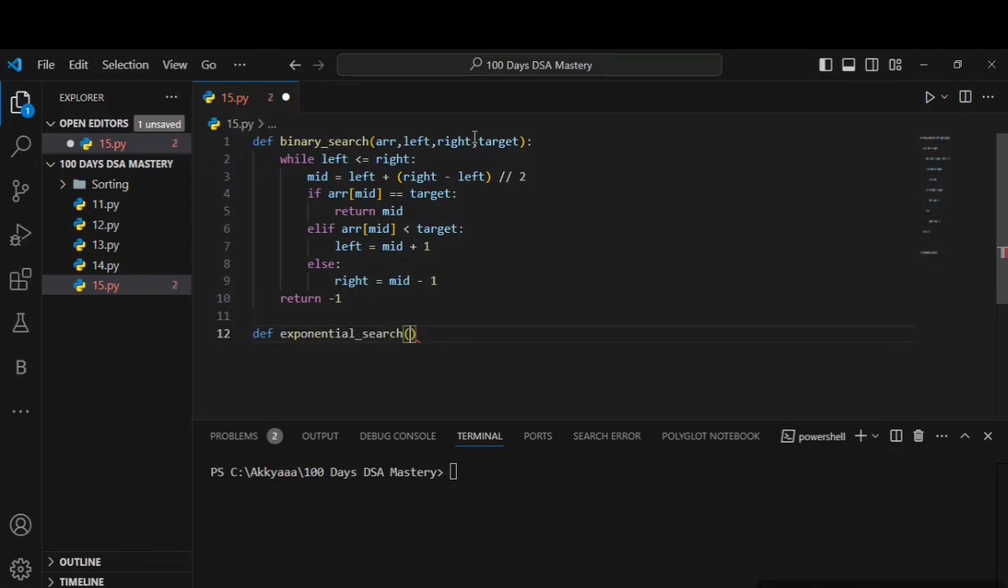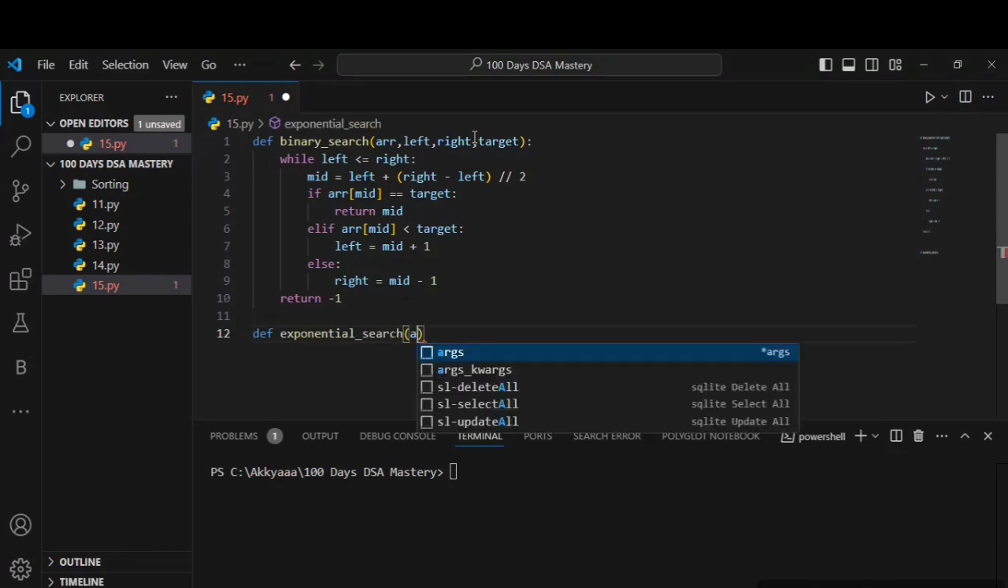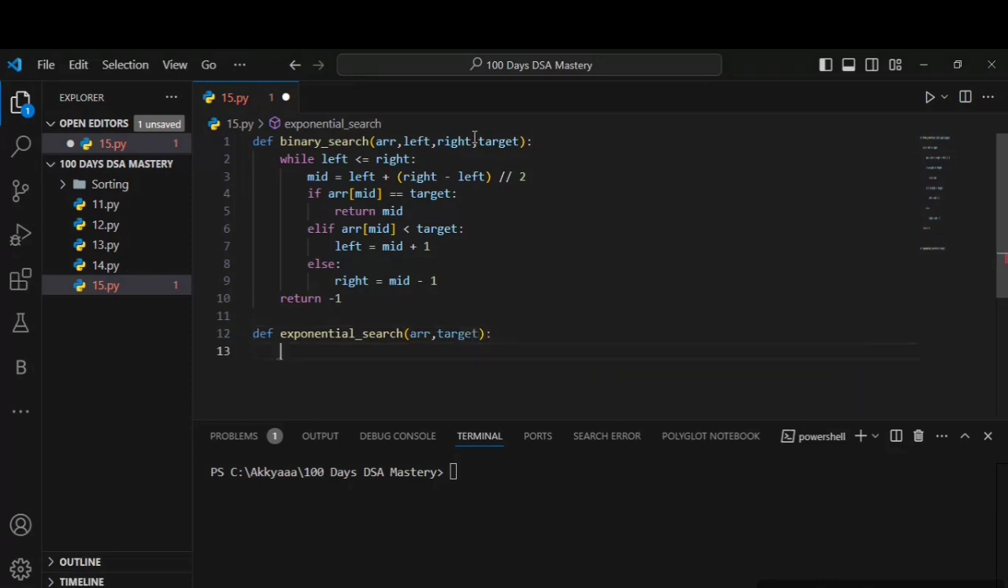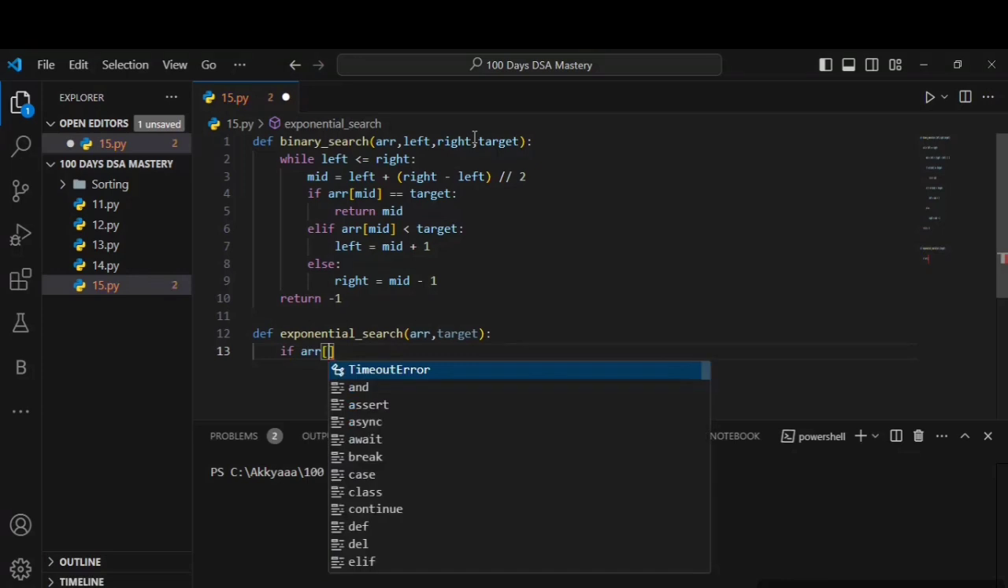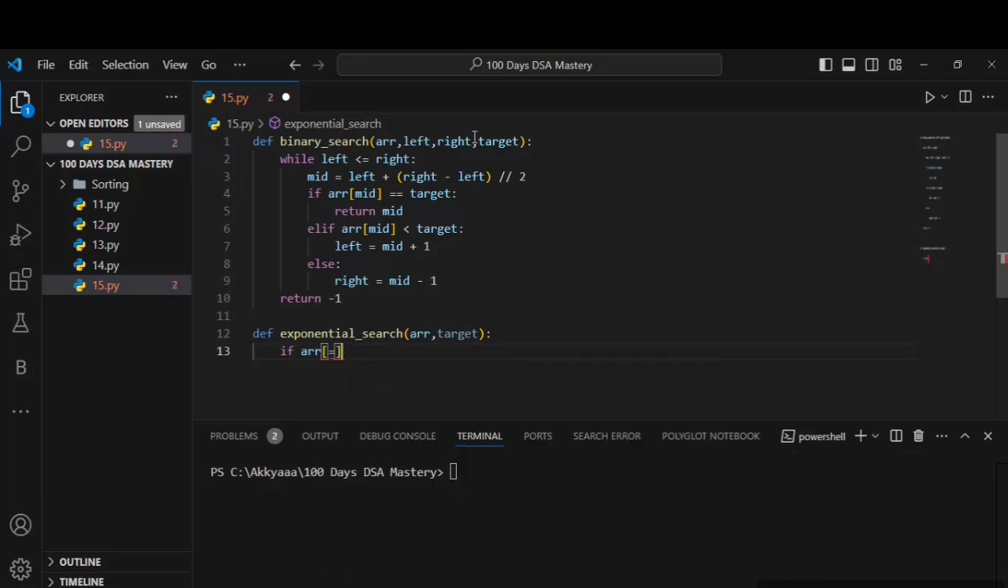So basically, I'll give you a brief explanation. We start by checking if the target is at the first index. If yes, then return 0. So let's just say if it's in the first position, then we'll return 0. Then the next thing is to initialize i equal to 1 and double i